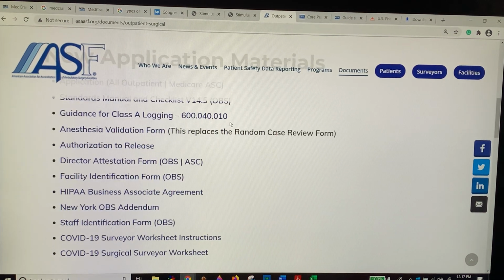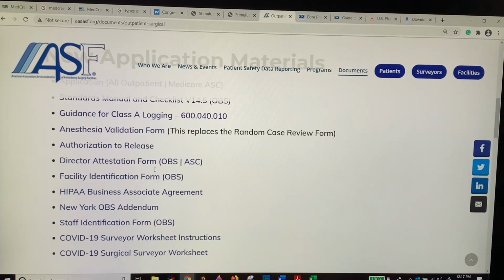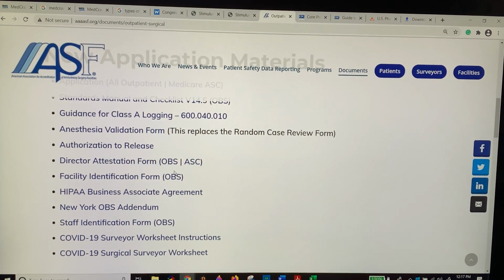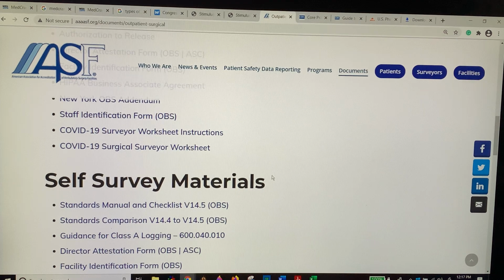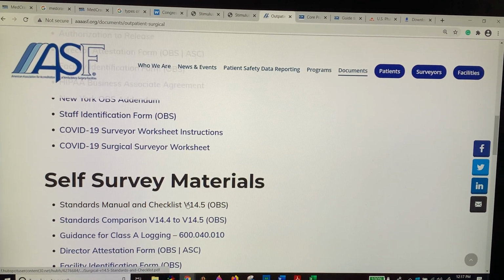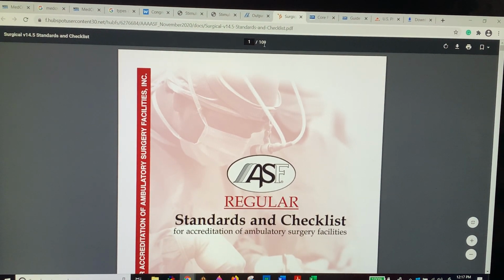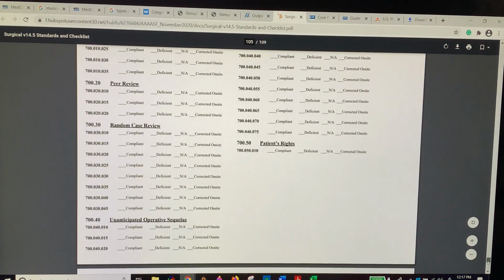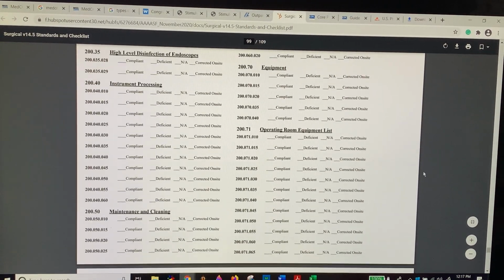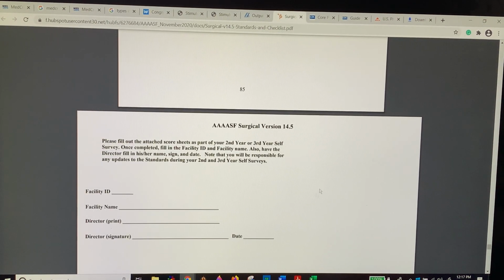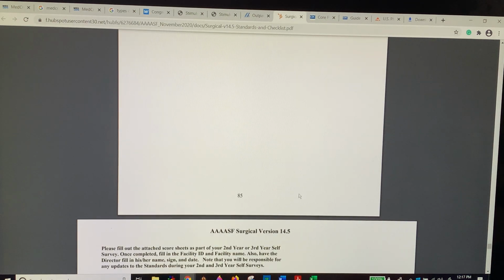So we are going to need to download all of this new application material, and I will handle that in a little bit. Just because we're going to follow what they said and make sure you read through the standards manual and checklist. So, all right, 109 pages, and that does include the inspection at the end. See, this is what the inspection looks like. Okay, this would be the end of it, so there's 85 pages